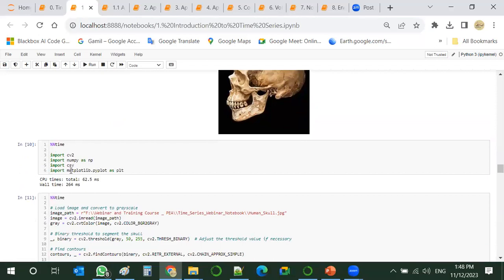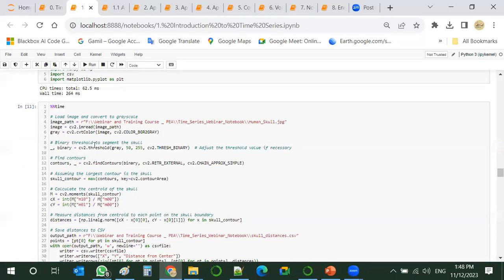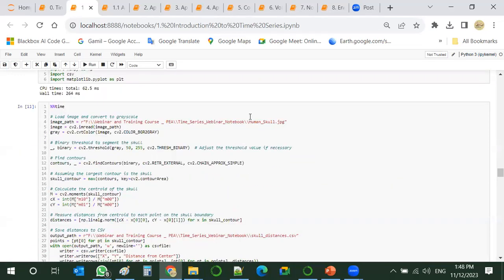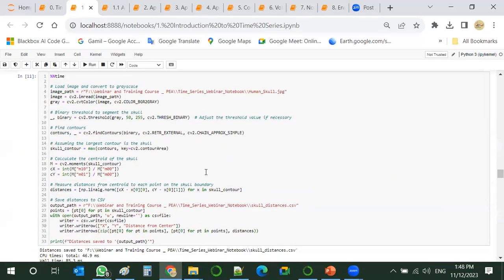So we just import the necessary libraries. We set our threshold. We played a little bit with the pixels and the appearance of this image.